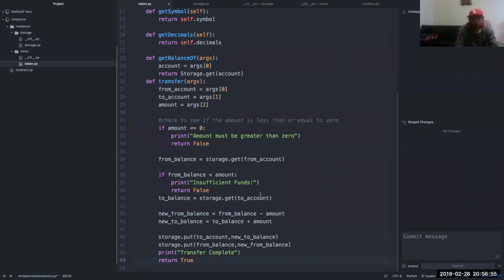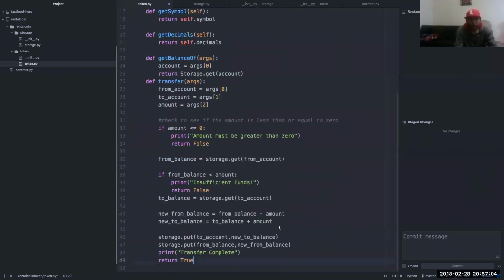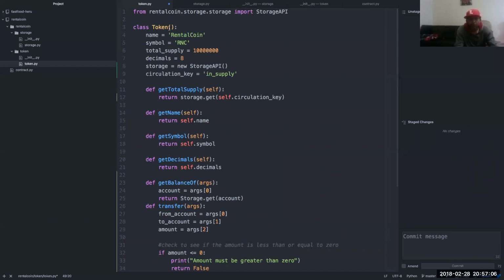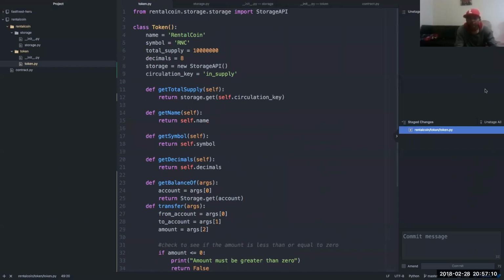All right. So, if I'm not mistaken, that's pretty much it. So let me go ahead and save this, stage it, token logic, commit, and push.